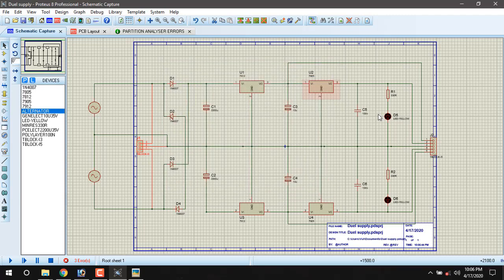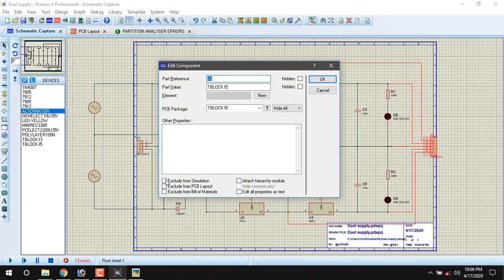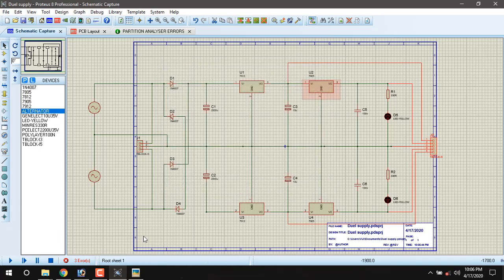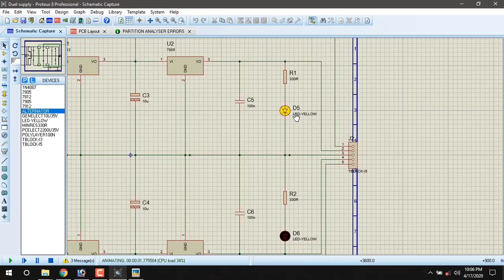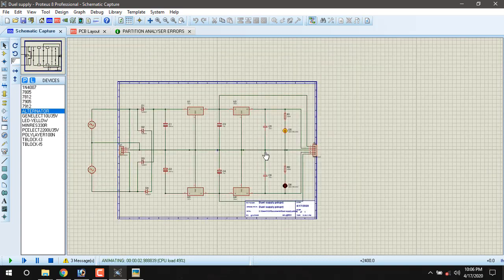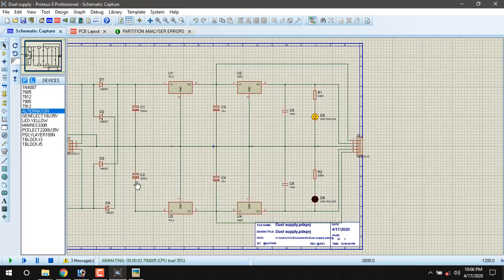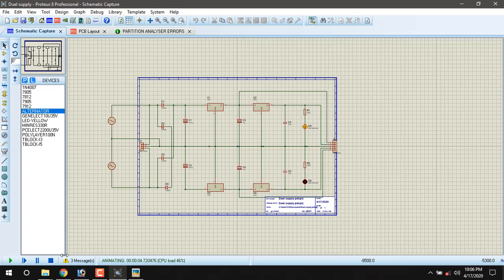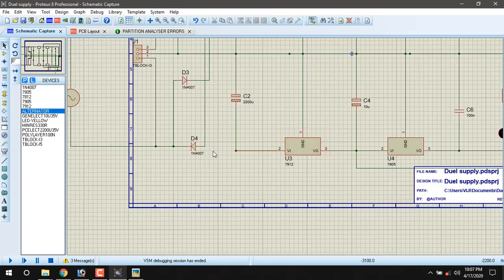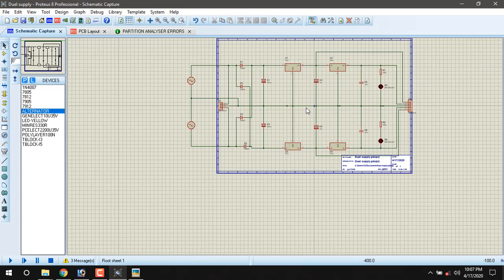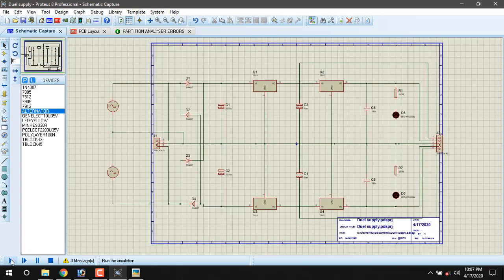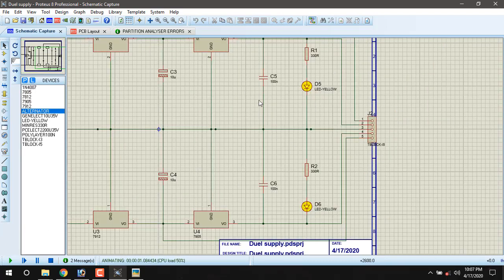Double click J2, exclude from simulation. Press OK. Then we simulate again. Then the LED glows. So here one connection is missing. The yellow LED is glowing.